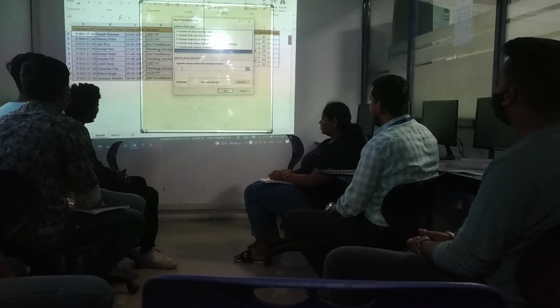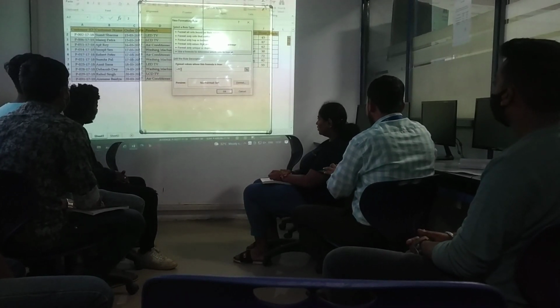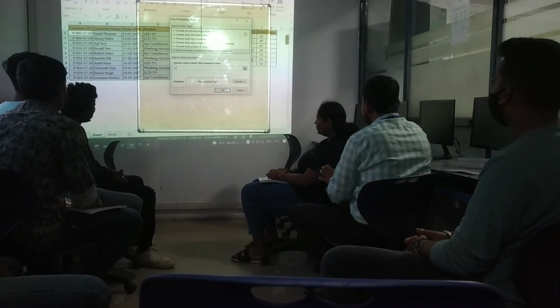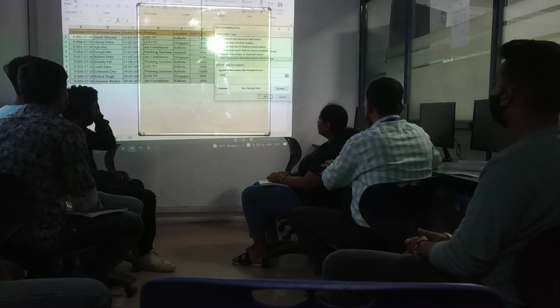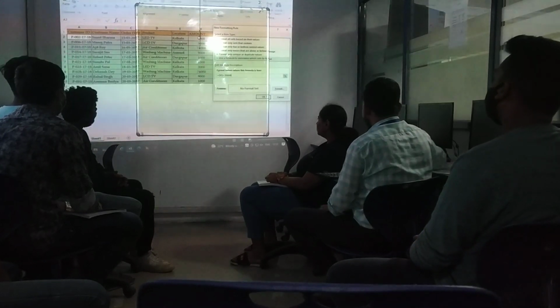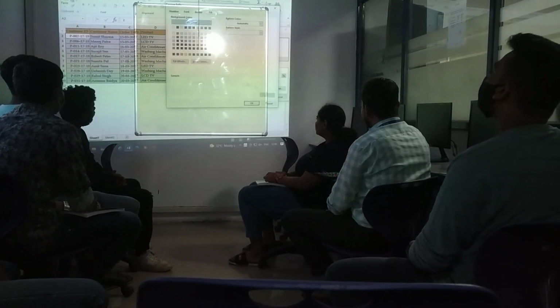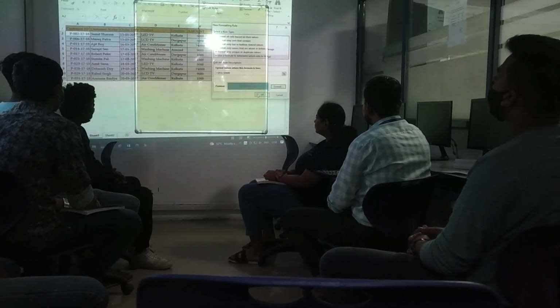Again we use the formula: is equal to this cell, more than 50,000. It should come, for example, in this sky blue.